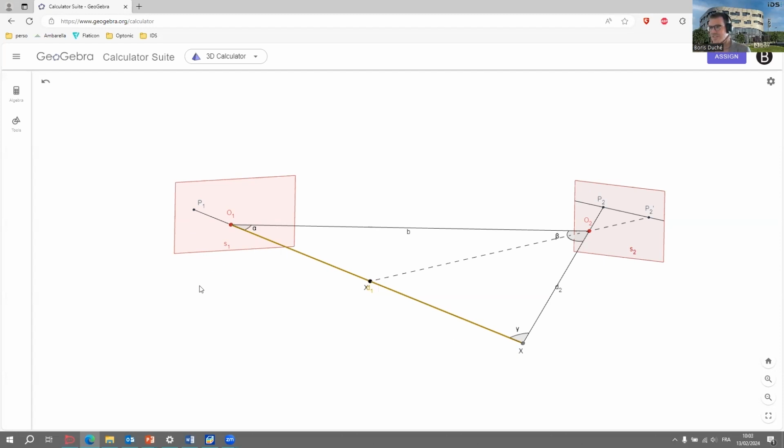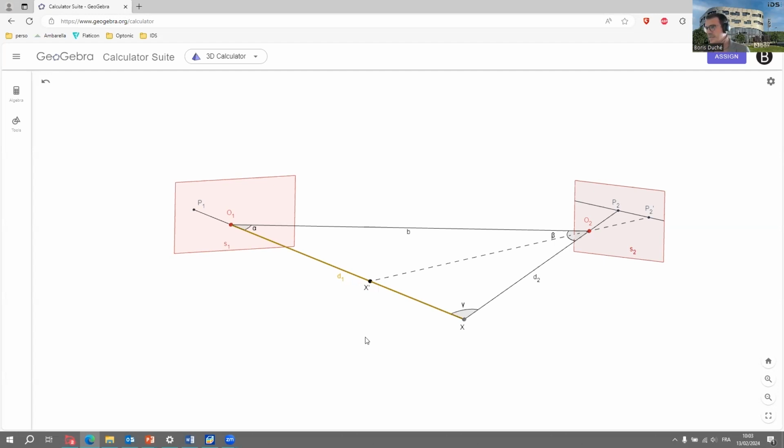So how does it work, this matching algorithm? You are looking at the point X. The point X is imaged in the sensor plane 1 at the pixel P1, and you try to look for the corresponding pixel in the sensor plane 2. Very cool thing: you don't have to look for all the pixels in sensor 2. You just have to look at a single line. This concept is called epipolar geometry, makes things much easier for the matching algorithm, of course.